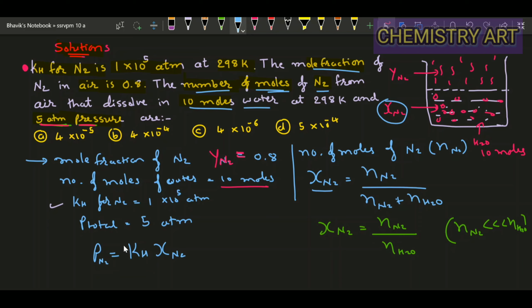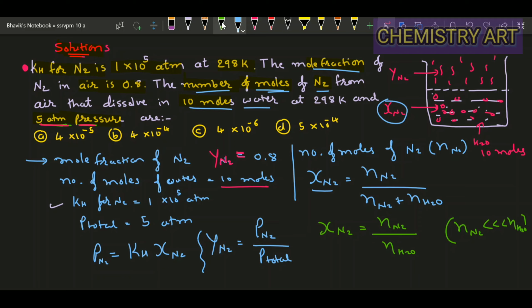So how can you find it out? You can see that another quantity is given here, and it is yn2. So what is yn2? The formula of yn2 is equal to the partial pressure of nitrogen divided by P total, okay, P total, which means whatever vapor is there. So here the atmospheric pressure is given, so we can take P total as 5 atm. Okay, and yn2 is given. So by using this formula, you can find out Pn2.